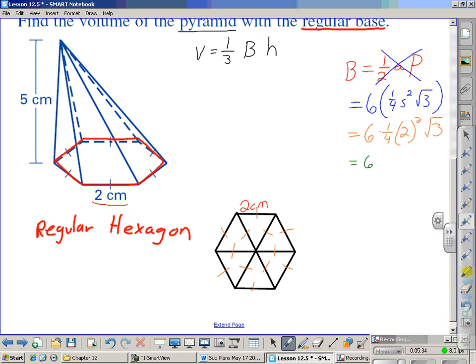6 times 1/4 times 4 times the square root of 3. Now if you notice, 4 times 1/4 is 1, so what we get is 6 times the square root of 3. But we've been okay with having approximate answers. So what I'm going to do is take the calculator here,